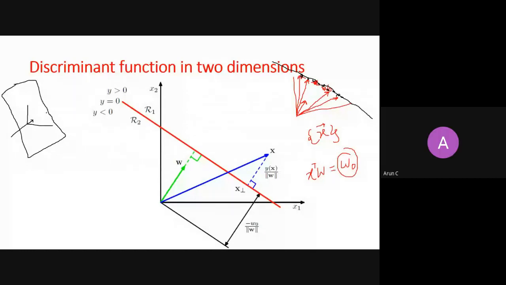Equipped with this knowledge, I am very sure that if you retain it, half of your machine learning algorithm intuition will come to you at the click of a finger. So keep this intuition about dot products and hyperplanes always in your head. The hyperplane will always help you visualize things better, and this is how you form a picture in your head. Before proceeding, if you have any questions, please let me know. Otherwise, I will go to the next concept.